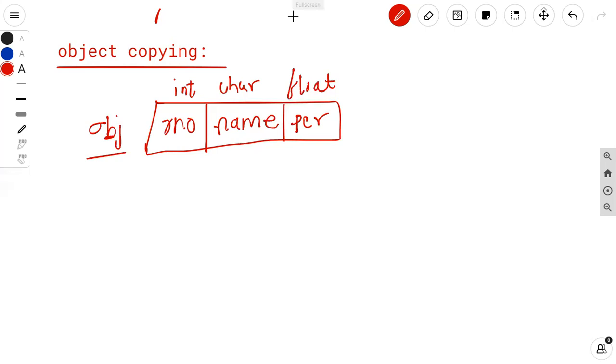Means if both objects are of the same type, then we can copy all the data members or attributes of one object to another object. Their type should be the same. Then such a concept is known as object copying.